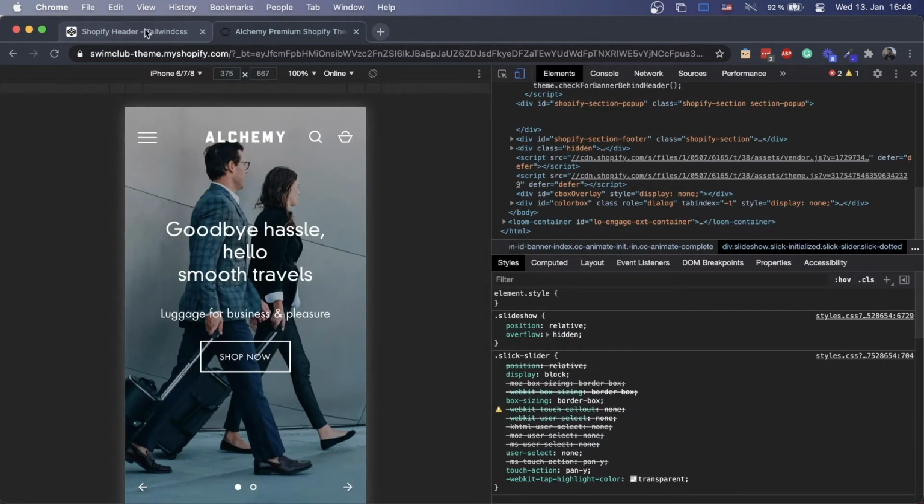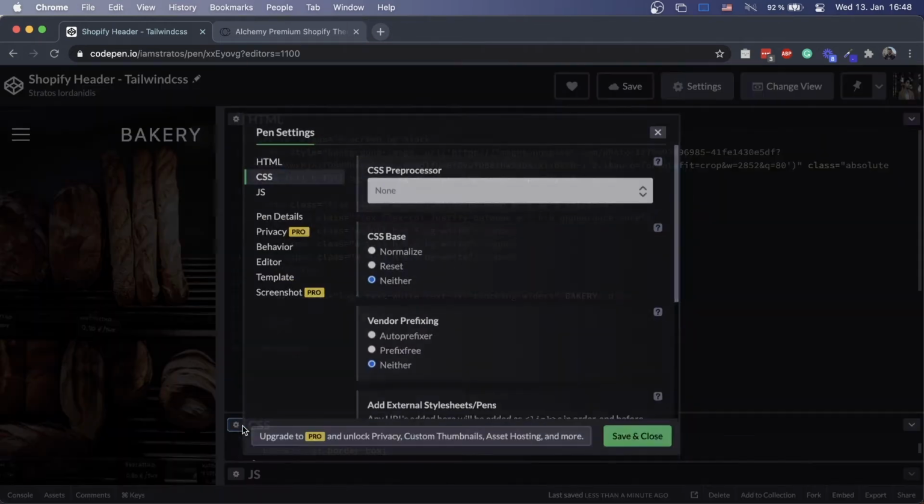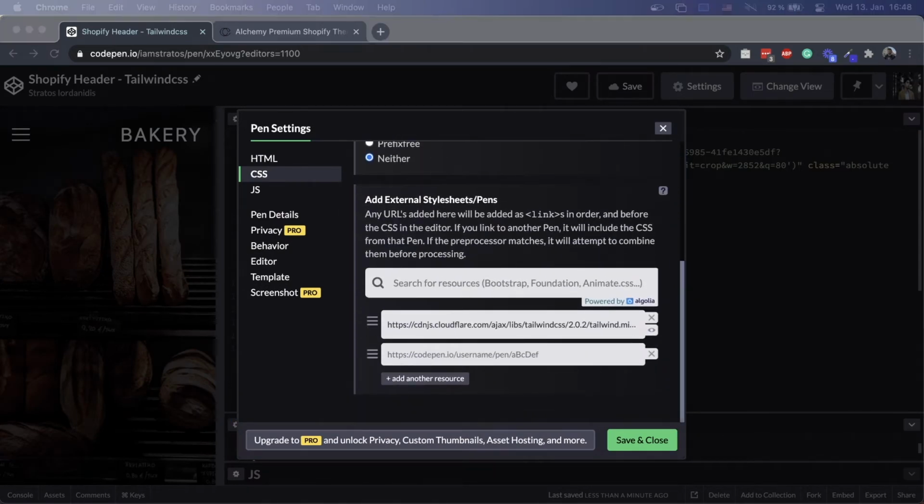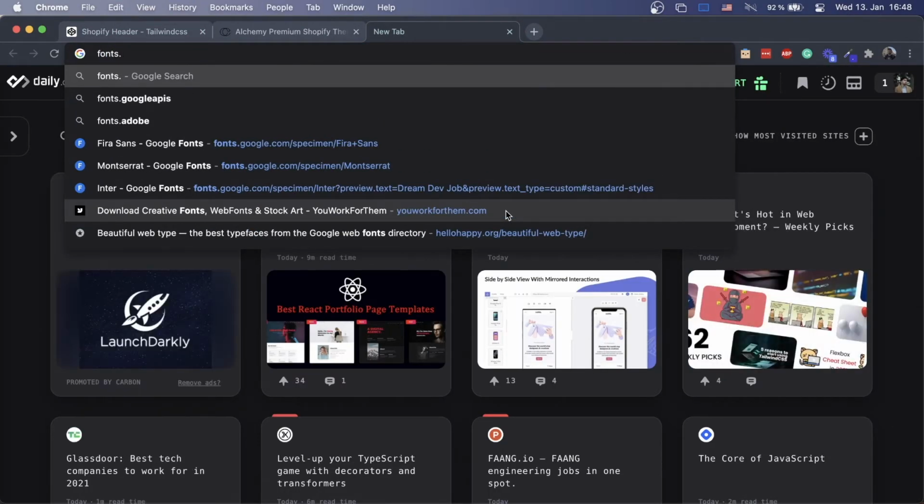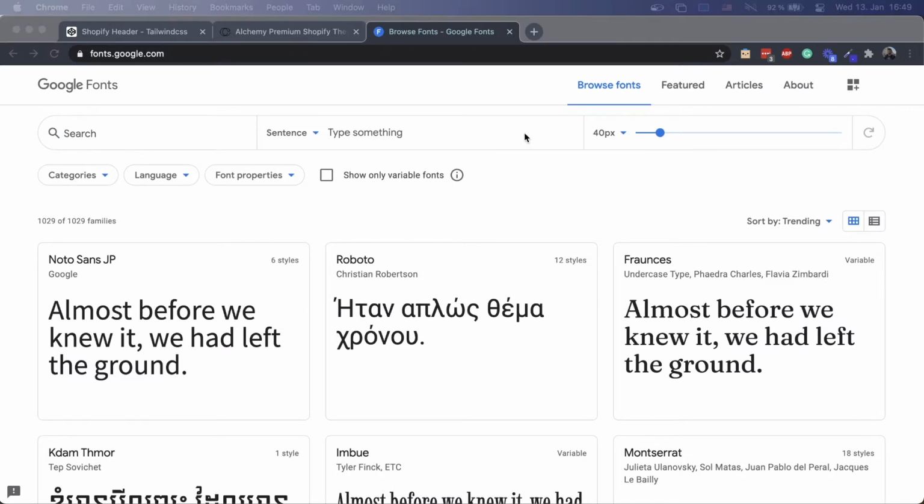We can also change the font. So let's change the font really quick, and we'll go to the CSS settings again. We go down here. We want to add the font from Google Fonts. Let's see how we can take the font from Google Fonts. Actually, you can Google fonts.google.com, and then let me see what font I'm using. I think I'm using Raleway, and yes, I'm using